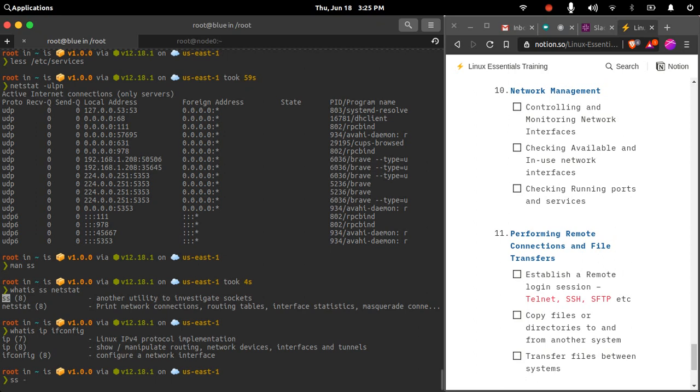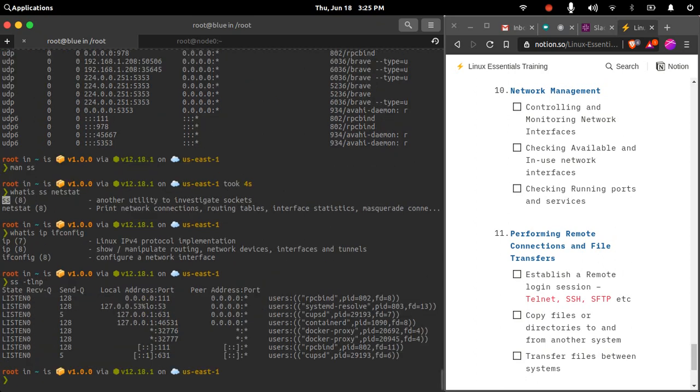If I do ss -tlnp to list down all the TCP ports, you will get these details. Here, although the representation is a little different, it is giving me almost the same details: the program ID along with the details of the program, the port on which it is listening, and it is listing down all the TCP related applications. This is the current state of all the different applications that we see in netstat.